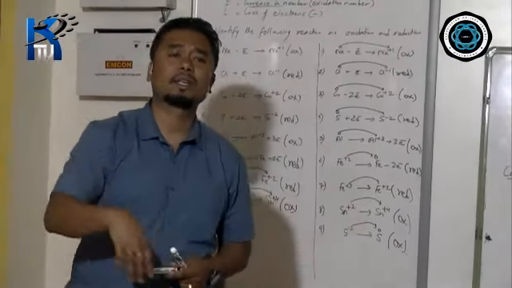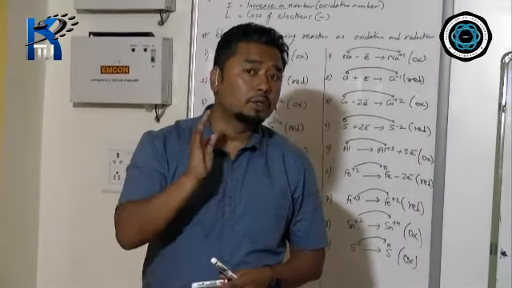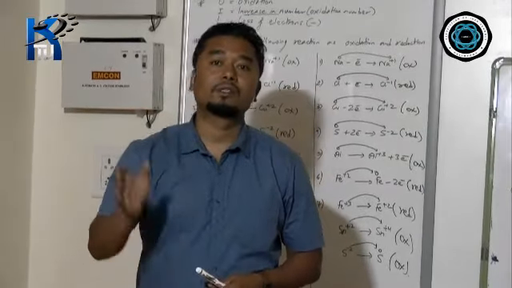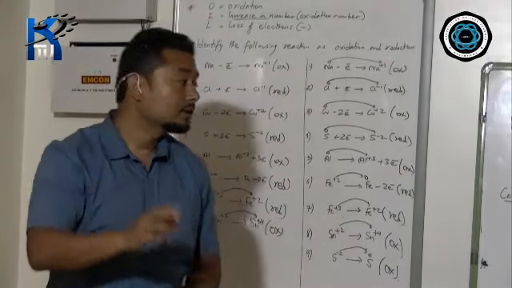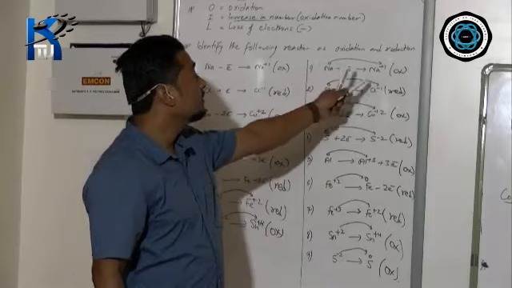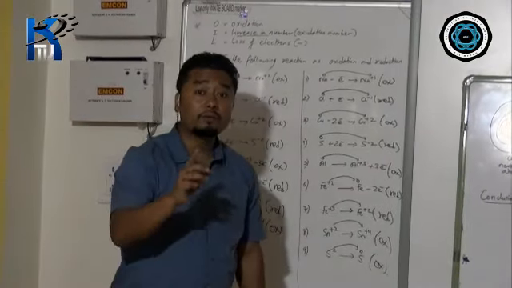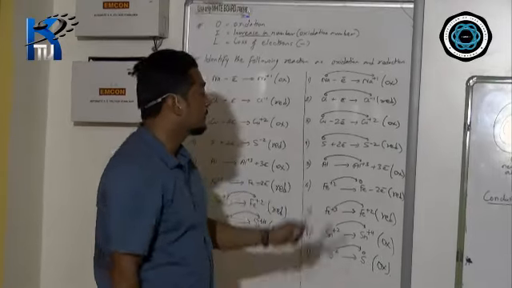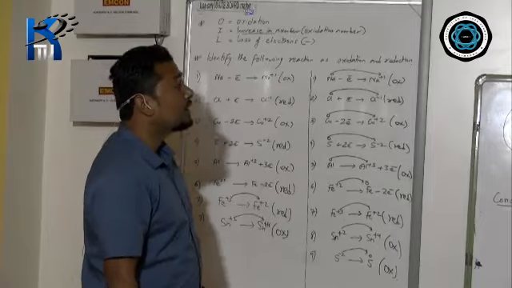Sometimes it's on the reactant side, sometimes on the product side, and many students get confused. So from now on, do remember: whether the electron is on the reactant side or the right-hand side, no need to see that. Just compare the charge. Increase in the number, right? Oxidation. Decrease in the number, right? Reduction. But do remember, if there is no charge, you have to put 0 and you have to compare. So this is one part, that is how to find oxidation and reduction.